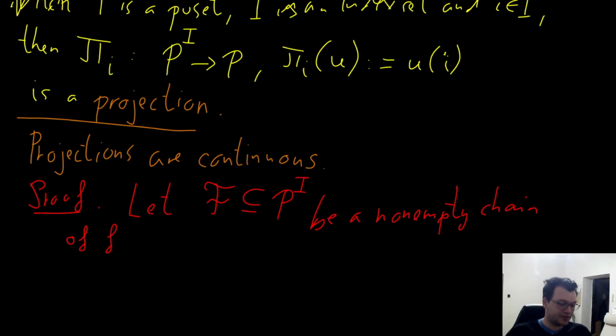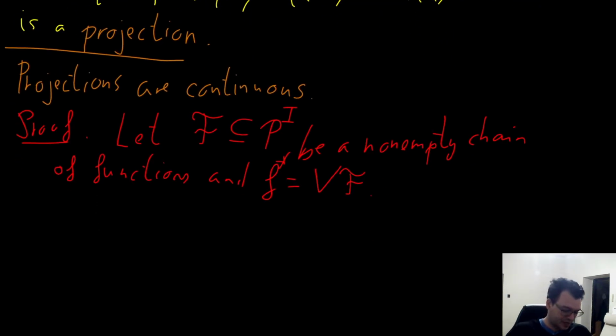So that's what makes it a chain of functions. And let f star be the supremum of this set of functions. Okay, we have to prove